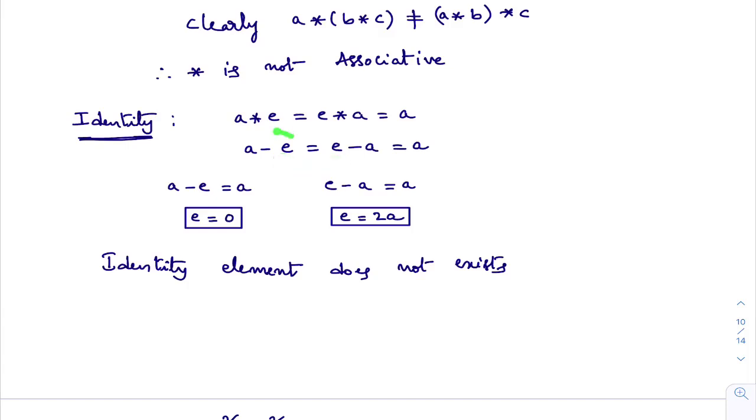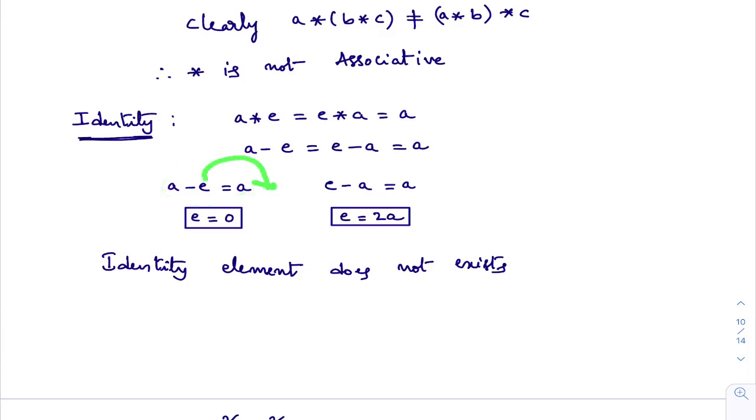Now I do not know whether these two are equal or not. So I'll take A minus E equal to A. Look here, A minus E equal to A. Next, E minus A equal to A. I have taken both here. But what I am trying to say is, when these two are equal, no need to take both like this. If you take any one, it is enough. Here, I suppose that you do not know whether they are equal or not. When you do not know, you take both: A star E equal to A, E star A equal to A. From A star E equal to A, we can calculate E.